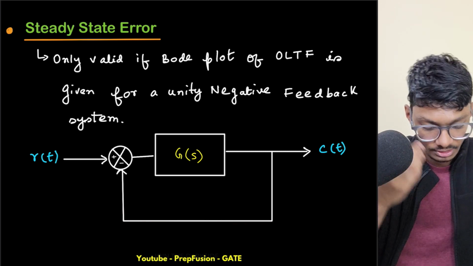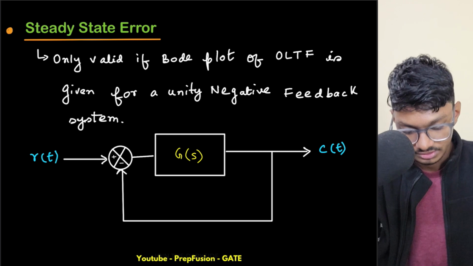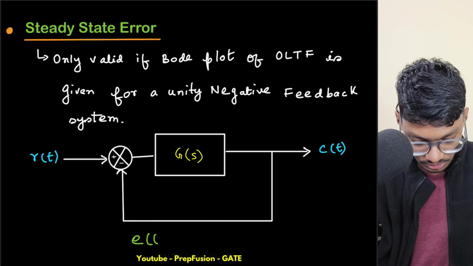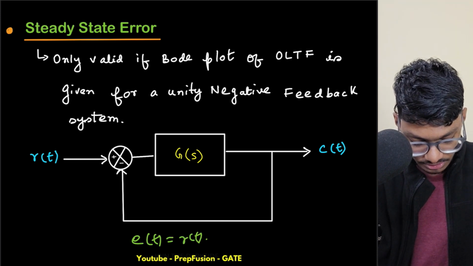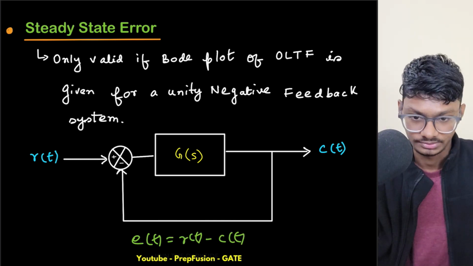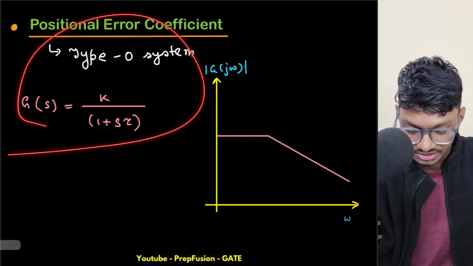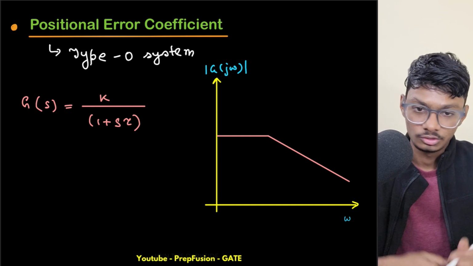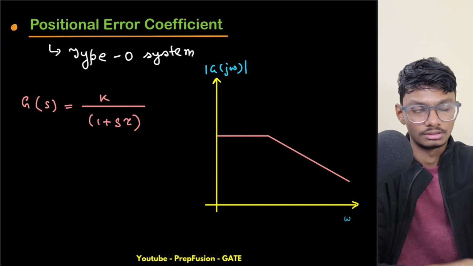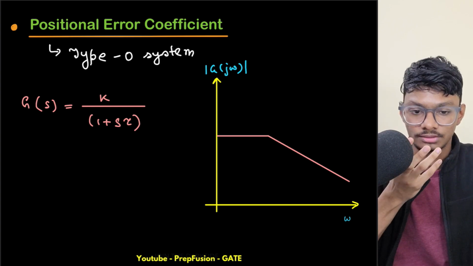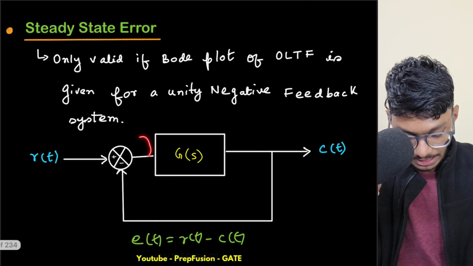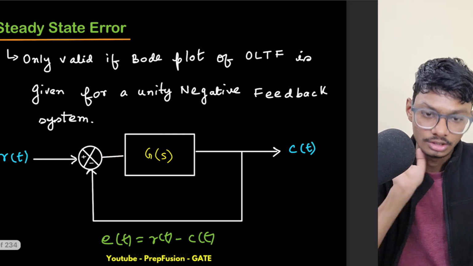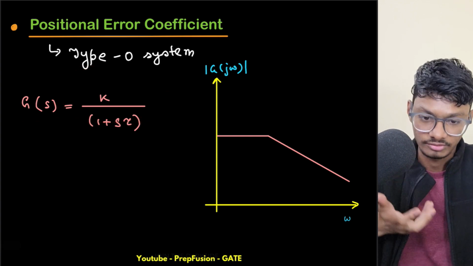And what is the error here? If you recall everything correctly, what was the error? I know it has been months since we studied the steady state error. It was e(t) equals r(t) minus c(t), in time domain expression. You can find the error using the basics only. Calculate the Laplace domain expression of this one and then use the final value theorem and you get your error. Don't need to remember all this jargon, but still we sometimes have to,